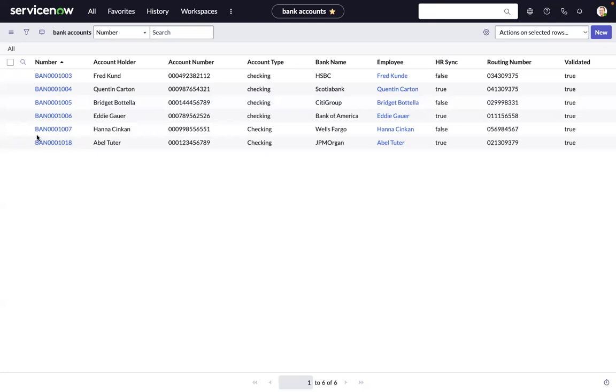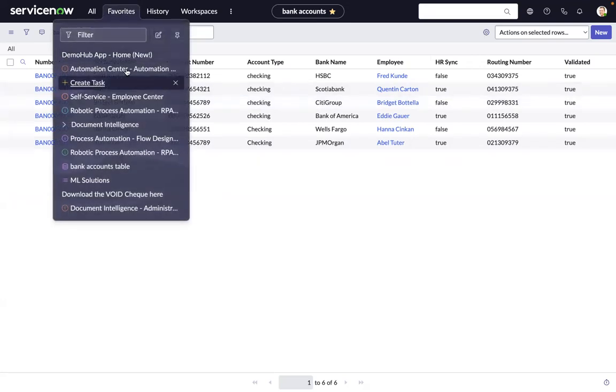So I'm back to the banking record, and what the robot is doing at the very end, after performing the data entry in the payroll app, is triggering a workflow that's updating the HR sync as true. And this is kind of finishing the process. At this point, we know we've validated the data, we synchronized, and everything was fully automated using DocIntel, Integration Hub, and the robot. And if you want to finish your demo nicely on some kind of dashboard, feel free to go back to Automation Center